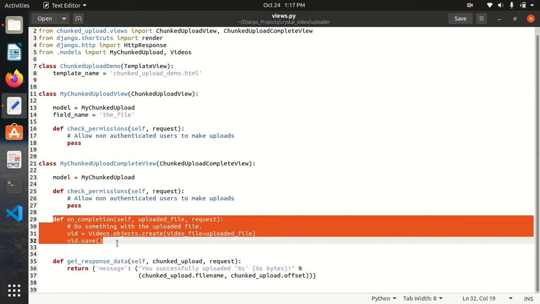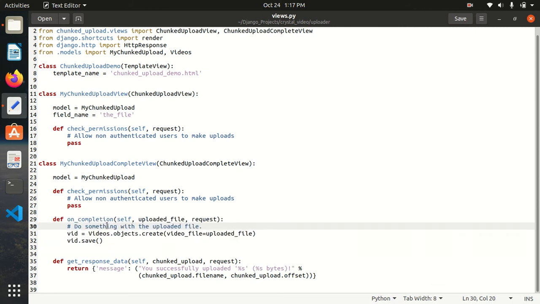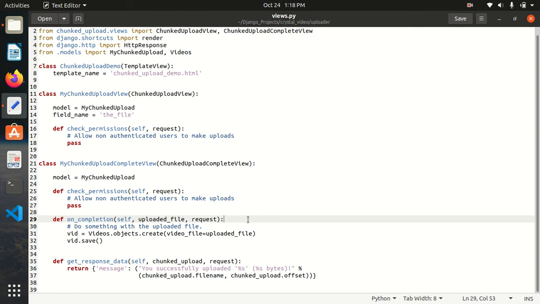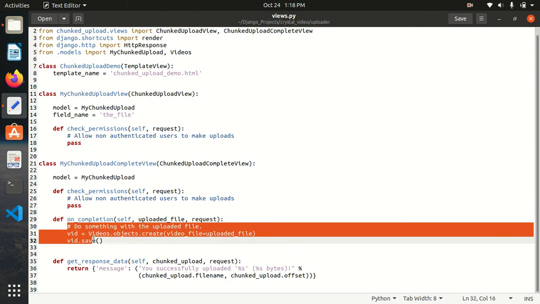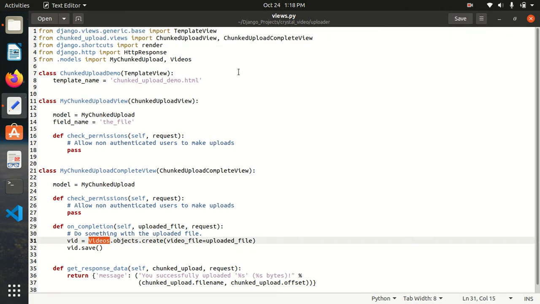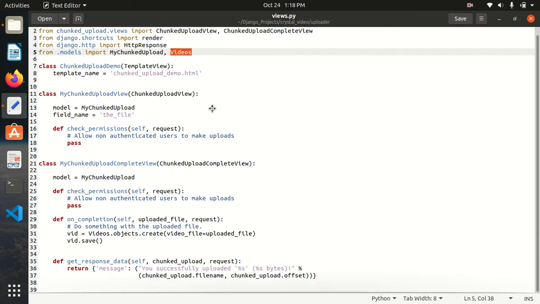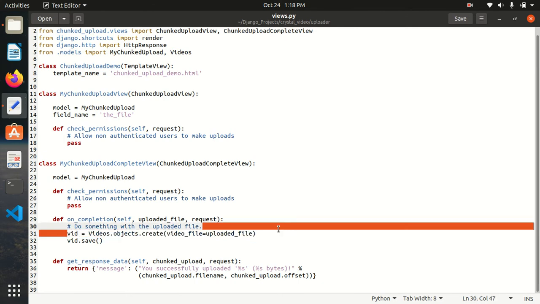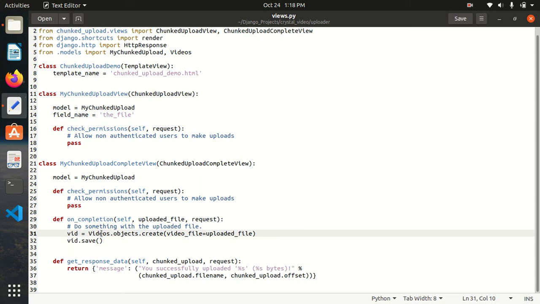Now this is the on completion function. Once the upload is completed, it calls this on completion function, and here I am creating an instance of the videos model that I created. From models I am importing videos, and I am creating an instance with videos.objects.create, video file equal to uploaded file.